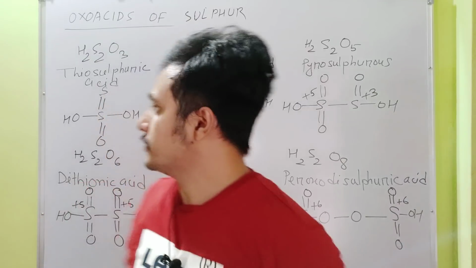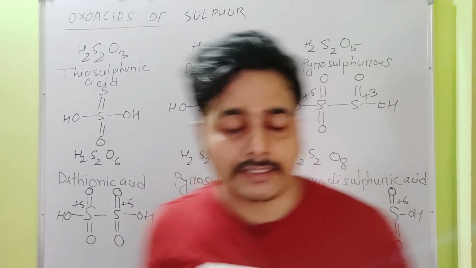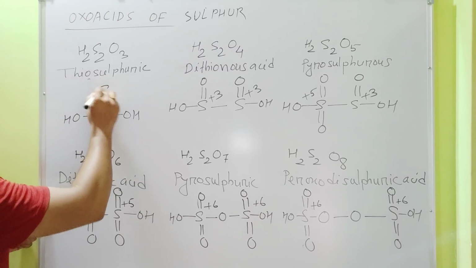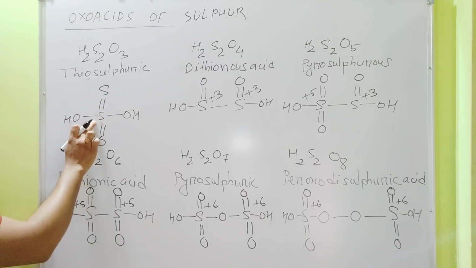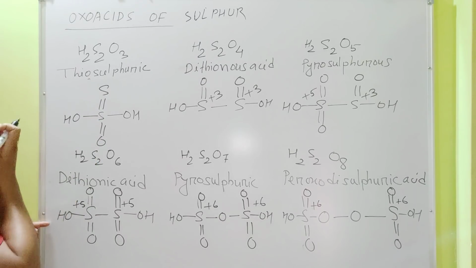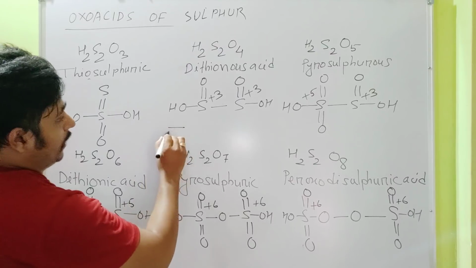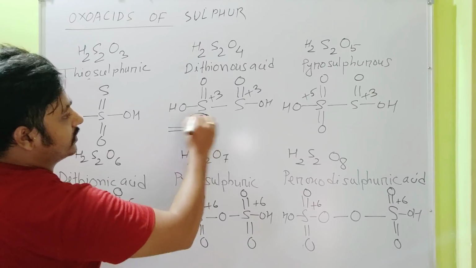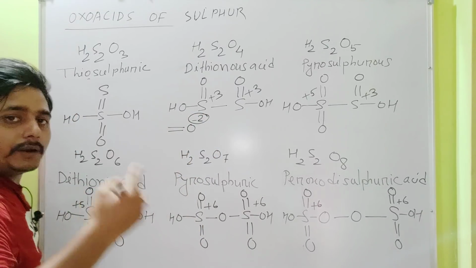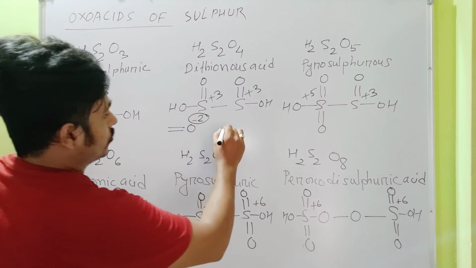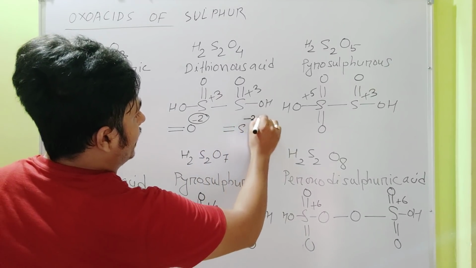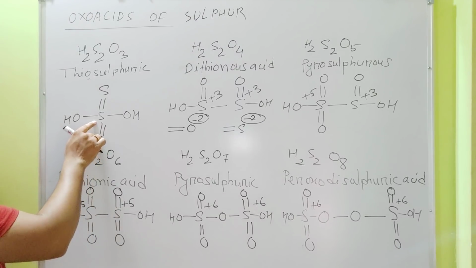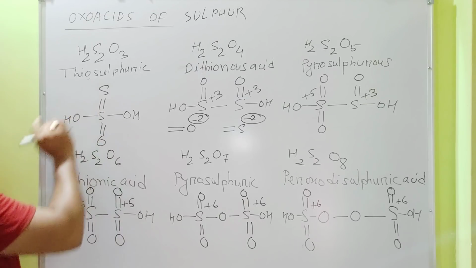Okay, similarly, in this case, you can see this sulfur is forming a double bond. This is the central sulfur. You know, double bonded oxygen has -2 oxidation state. As sulfur belongs to the oxygen family, so double bonded sulfur also has -2 oxidation state. Okay, this is the central sulfur atom. This is the terminal sulfur atom.